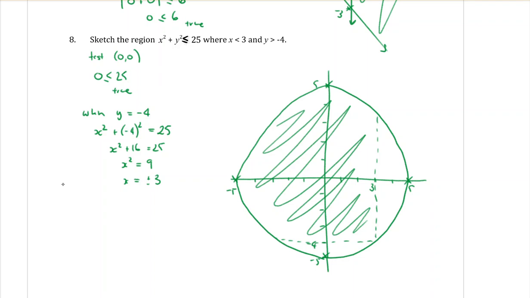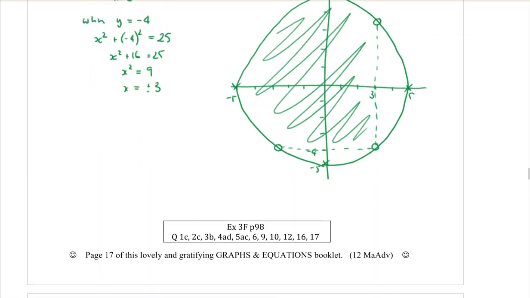There's one more thing that I haven't done on this question. That's right, the points of intersection. Are they going to be open circles? Are they going to be closed ones? Yeah, because it says that it has to be less than 3, this value here is on the 3. It has to be an open circle, okay? This one here is also on the 3, open circles. And this one, it had to be greater than minus 4, so they are all open circles. So open circle here, here, and here for those points of intersection. Lots of things to